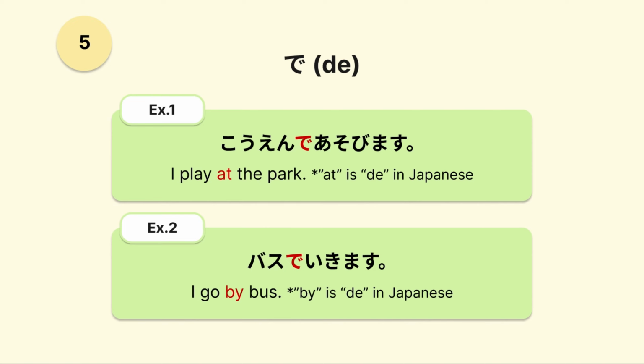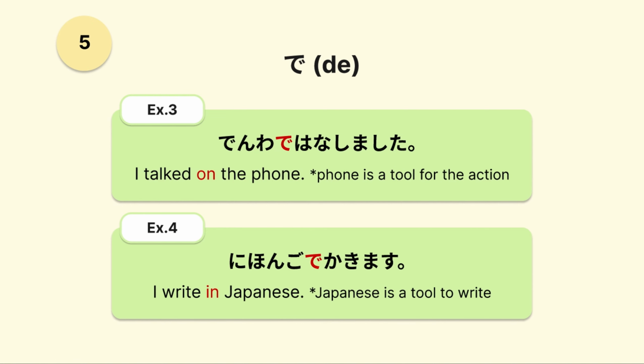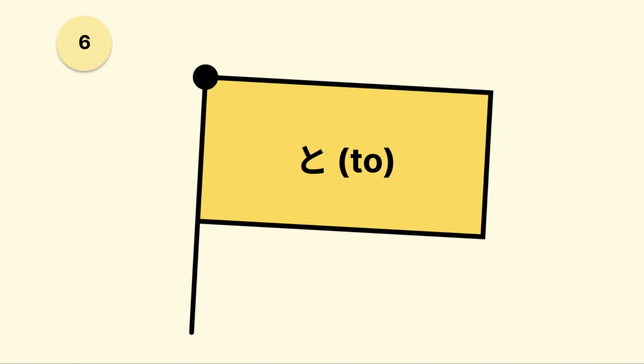遊びます。Example 2. バスで行きます。I go by bus. By is de, which is the way to go. Example 3. 電話で話しました。I talked on the phone. Phone is a tool for the action, so we need で as on. On the phone. 電話で話しました。Example 4. 日本語で書きます。I write in Japanese. In this case, Japanese is a tool to write. So in Japanese is で書きます。